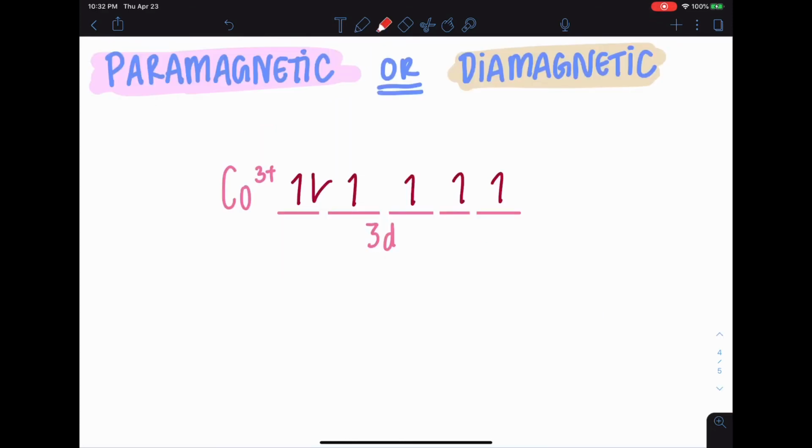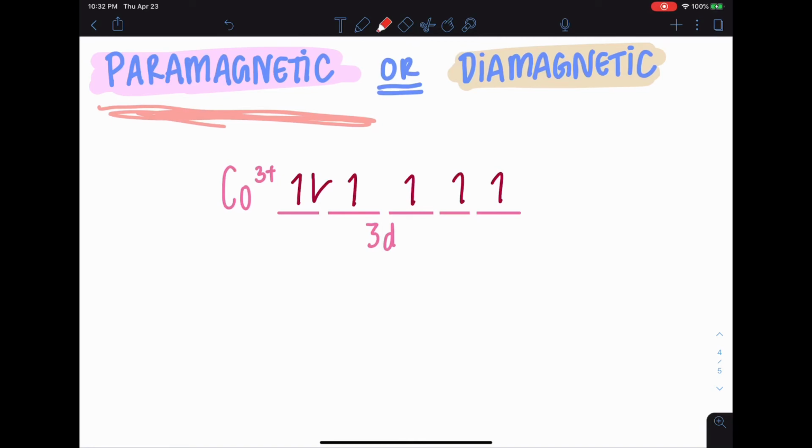We are finally finished with the VBT diagram, but is this paramagnetic or diamagnetic? Well, diamagnetic is when the electrons are paired and does not have any lone electrons. Paramagnetic is when there are still lone electrons in the orbital. In this case, the magnetic property of this cobalt ion is paramagnetic. If it was paired with a strong field ligand, that will cause a pairing energy and it will be